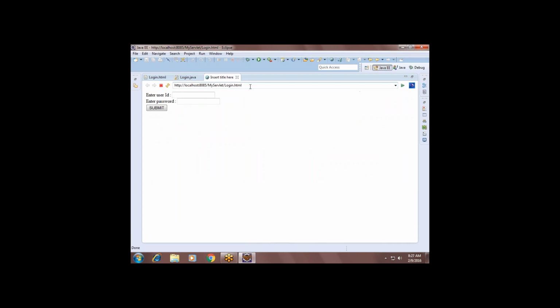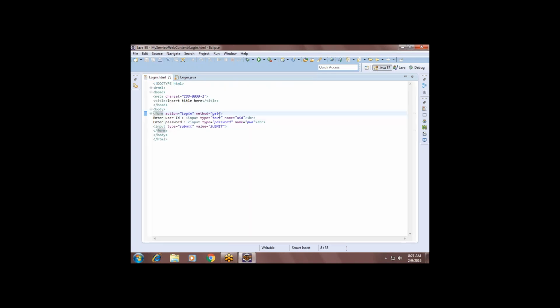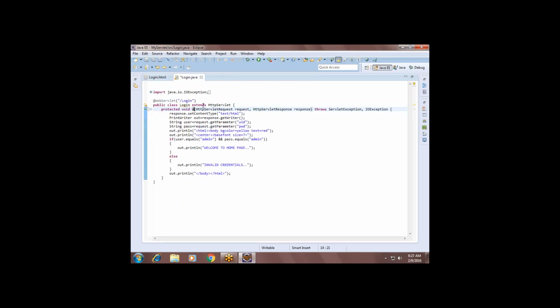Get request. See, when I submit the values, all the values will be displayed in the address bar. So the user-given values will be attached to the URL and passed to the server. That is the get method, guys. Get request means the client's parameters will be attached to the URL and passed to the server. Understand? If it is a post request, you have to change the method to post, and use doPost.